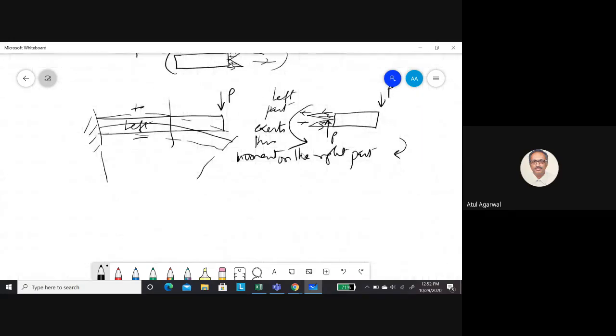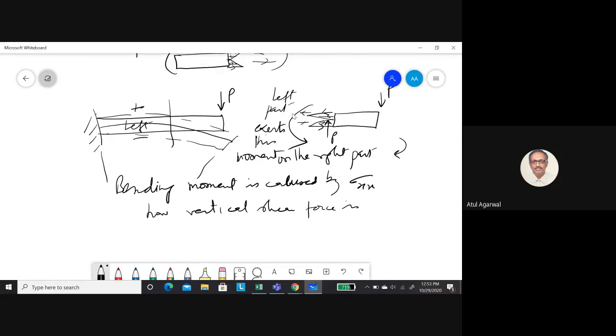So like you see, this bending moment is caused by sigma xx. And there is also, you see, a vertical force. What is causing this vertical force? How is the vertical force being caused? So there has to be some forces here on this plane. And these forces are vertical, you see. So what stress will they represent?